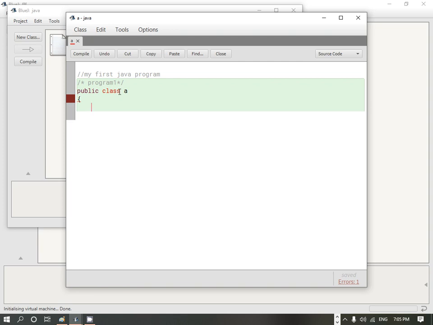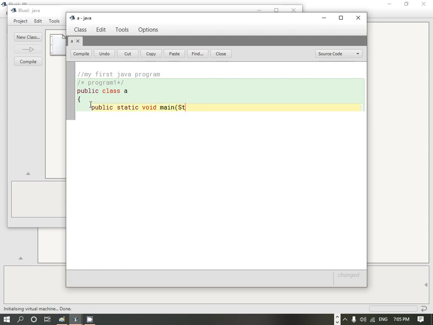This shows that this is a keyword in Java, and it indicates that this is a class. Then the next statement which we'll write is public static void main. In this video itself, I'm going to explain all these words, what they mean.